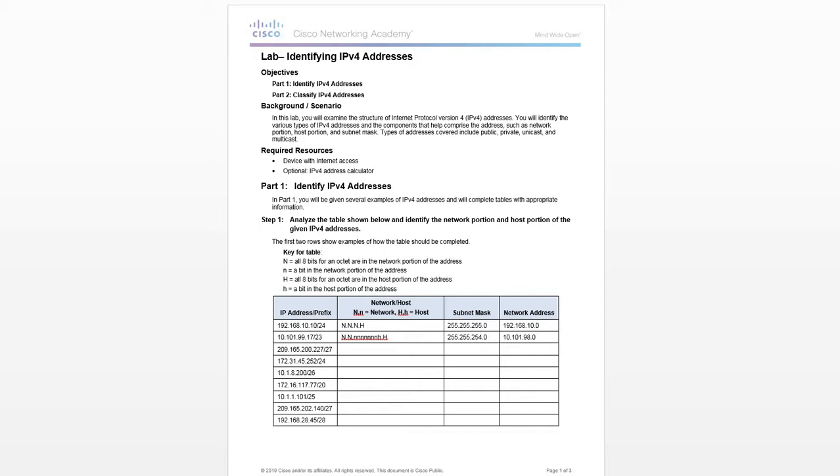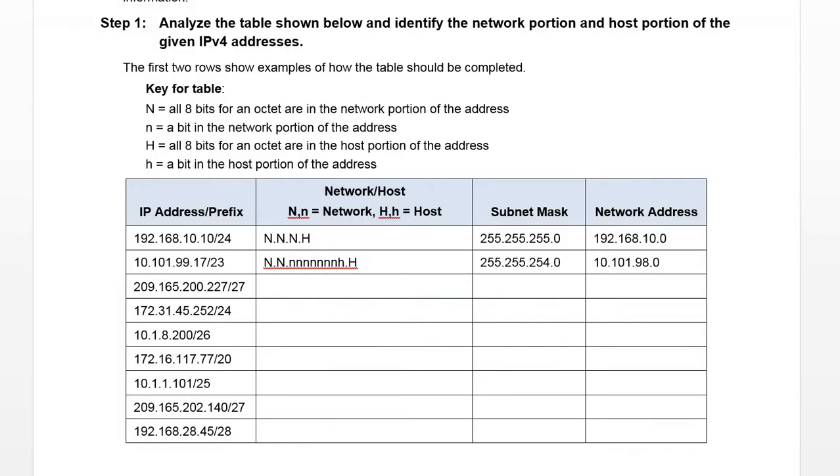In this exercise, we need to be able to break down a network address into its network portion and host portion. Each IP version 4 address has a network portion and a host portion of the address, which is determined by the subnet mask, which is a complementary component of each IP version 4 address. As we focus on today's exercise, every time you see an IP version 4 address, you should also be given